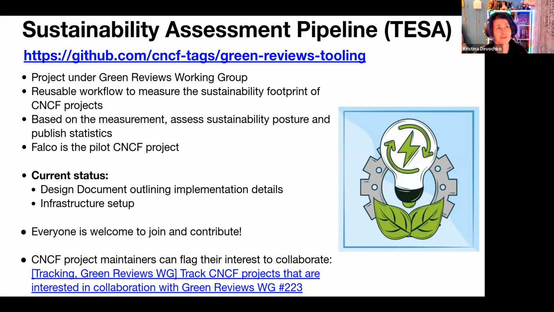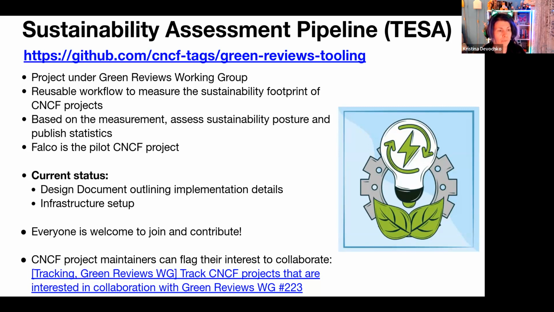And the vision is basically to have a pipeline, a GitHub workflow that can be reusable and that can be targeting long-term all the CNCF projects, and can be used to simulate the load test on a specific tool, the CNCF tool that may be running under load, and while it's running under load, use the measurement implementations to evaluate how sustainable and resource efficient that tool is, and based on those calculations, provide an overall sustainability posture score and publish statistics about that, and also provide some recommendations on how this sustainability posture can be improved.